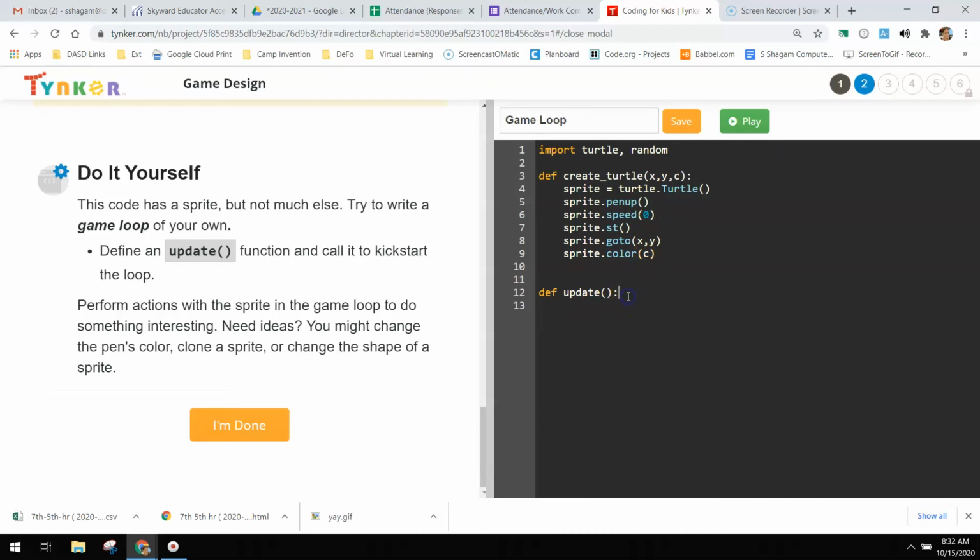And then in our game loop, what we're going to do in the update is we are going to first update